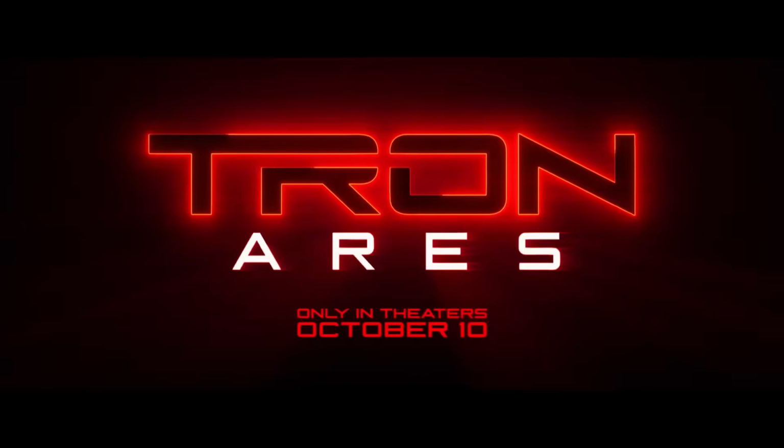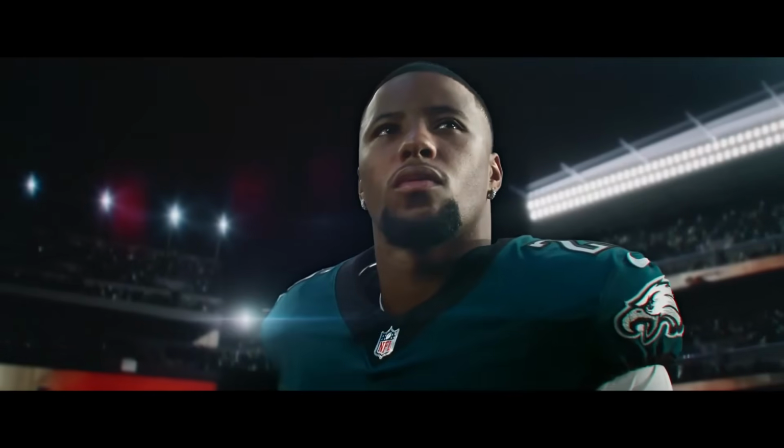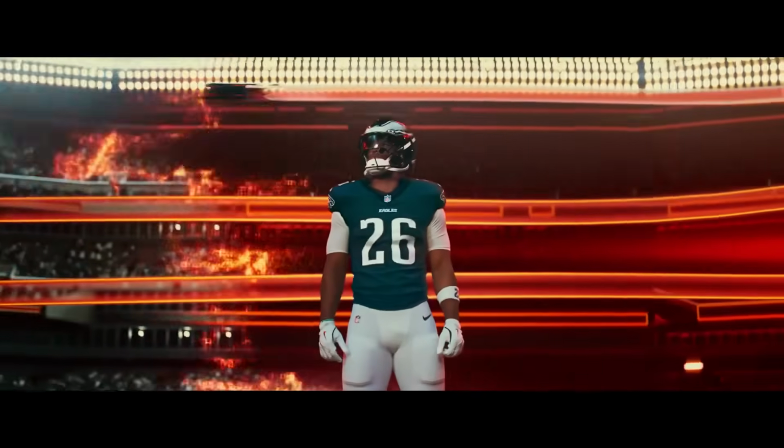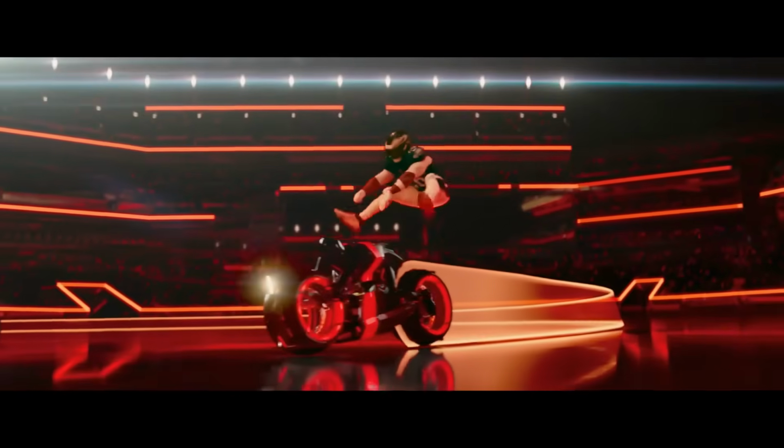We started off with Nine Inch Nails, a recognizer. As you can see, the football stadium, it turns into a light cycle grid similar to Legacy and Uprising, but in red. It looks visually stunning, and I won't be surprised if we get a scene like this in the actual movie. Now there's a shorter ad with Saquon, and we can see him riding the light cycle throughout the